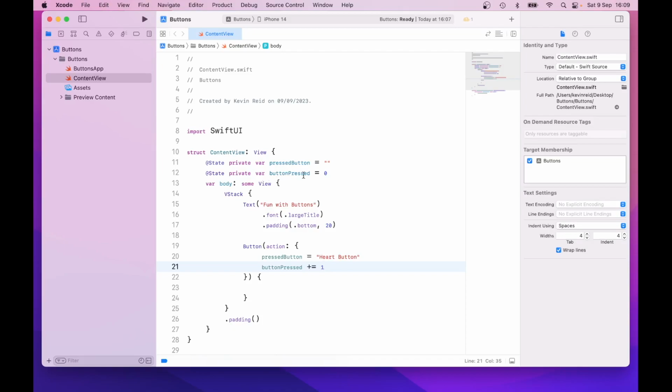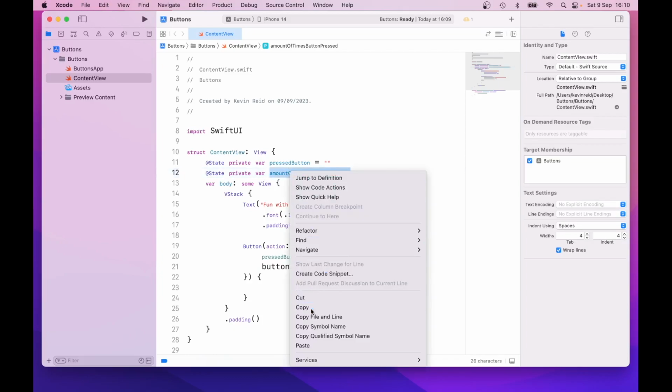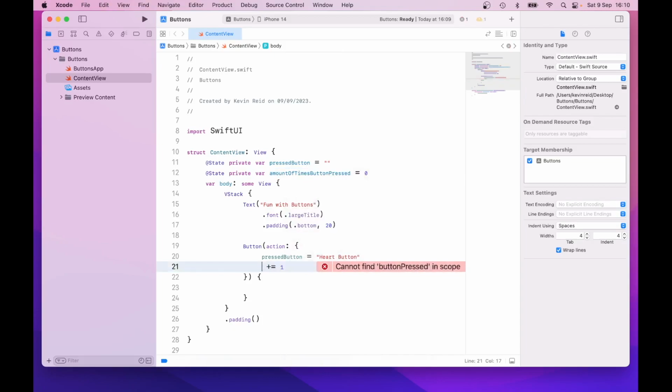And let's change the button press to a better name called counter, or the amount of times the button has been pressed. So just rename it the amount of times button press. So the amount of times the button pressed is 1, incremented by 1, and then